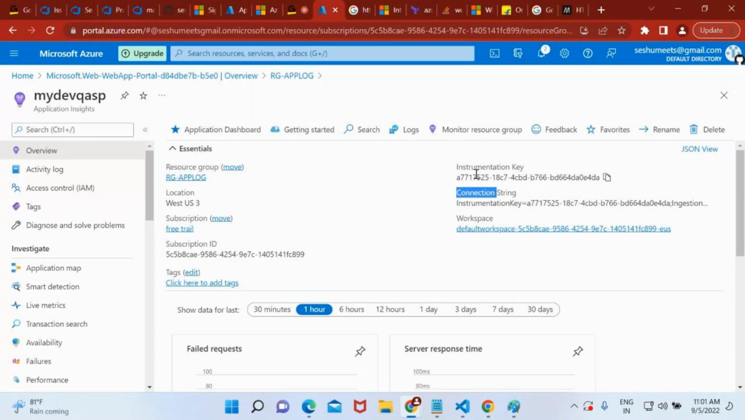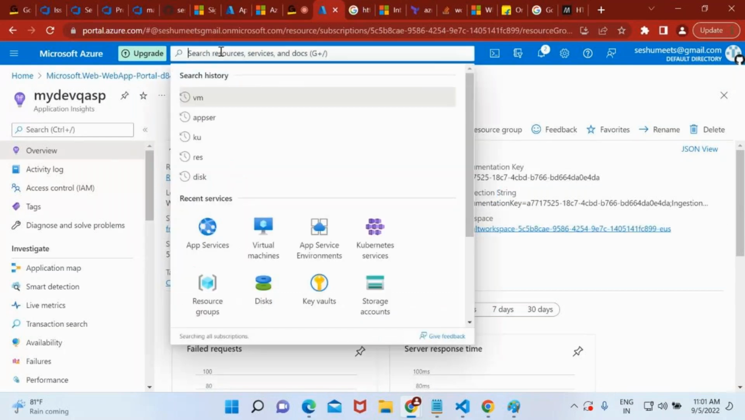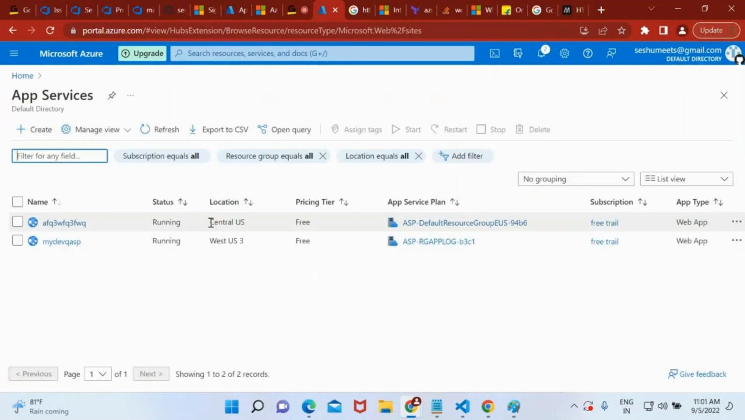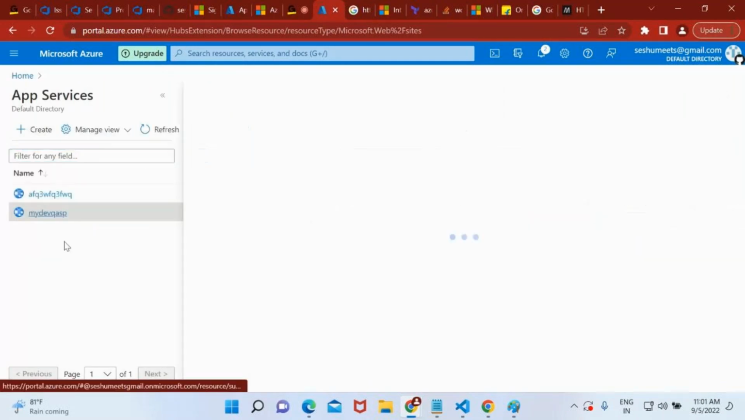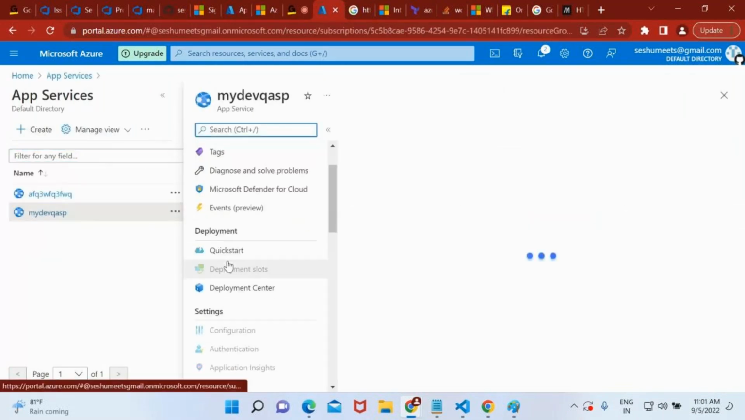In the connection string, it is going to have the instrumentation key. Okay. Now, based on this, we can connect. But did we mention anywhere? No. So let's go to the app service. Basically, who is sending the logs? App service. So if you go to the app service, if you go to the configuration part,